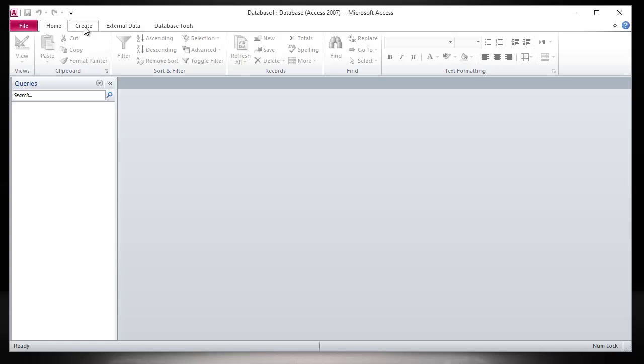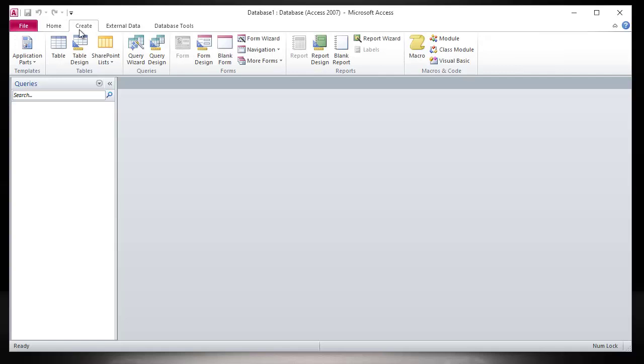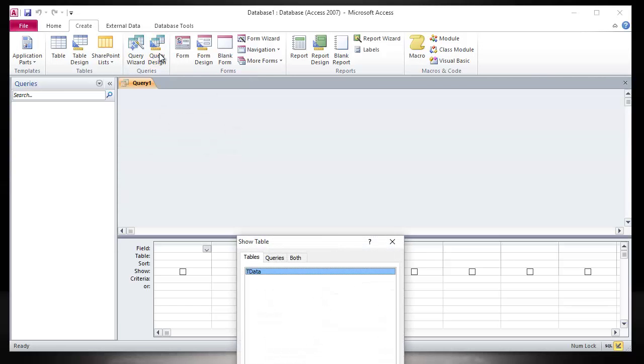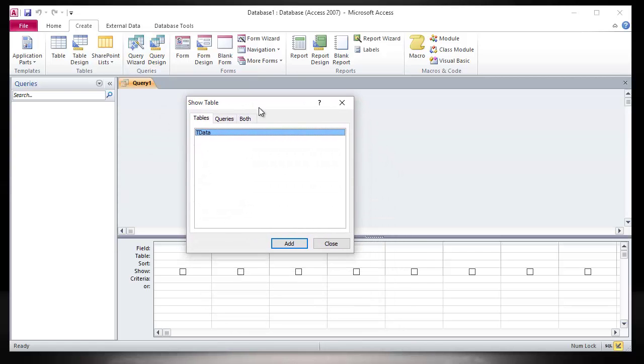In order for you to create a query, you can go to the top where it says create, and then from there click on where it says query design, and this will open up by default whatever tables that you have, and also any queries that you already have built up. So in this case, for this particular scenario, we only have one table which we created in our last video. If you didn't watch that, go back and watch that video. So I'm going to add this table by clicking on add,